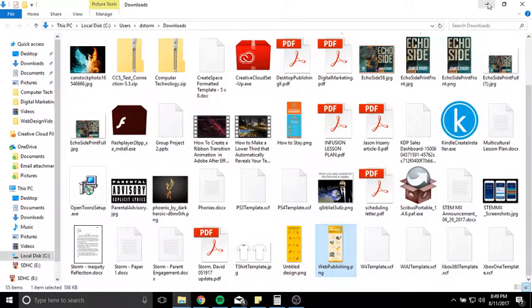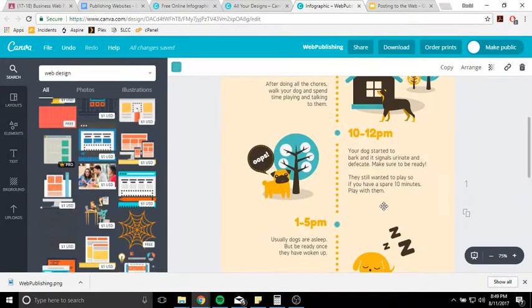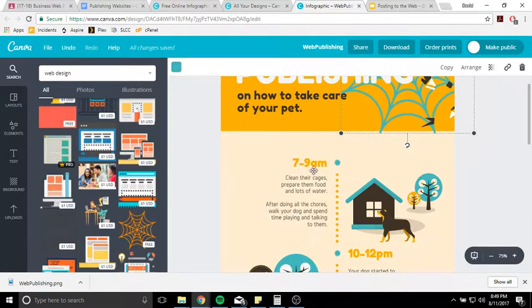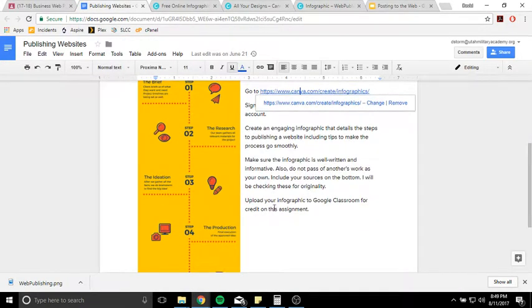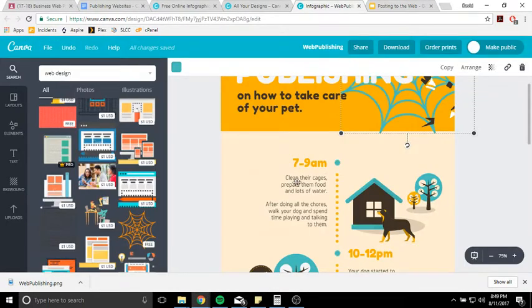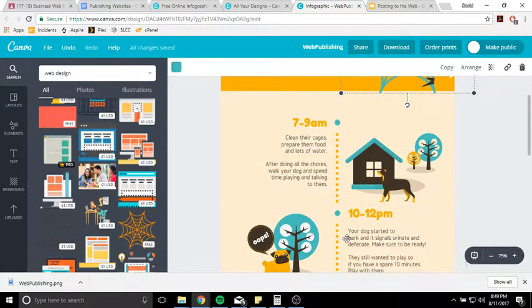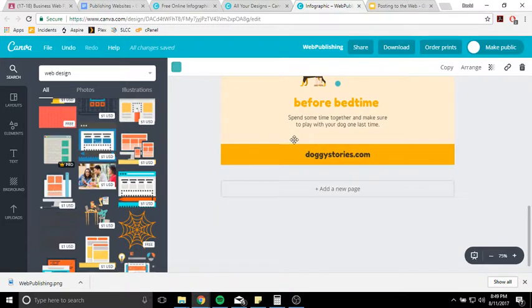Okay, make sure that these are filled with good information. Your infographic is going to detail the steps of publishing a website. So this is going to be a very quick step-by-step instructional manual on how to publish a website to the internet. So the design is up to you. The content is up to you. Please write everything in your own words. Don't forget at the bottom to put your sources,